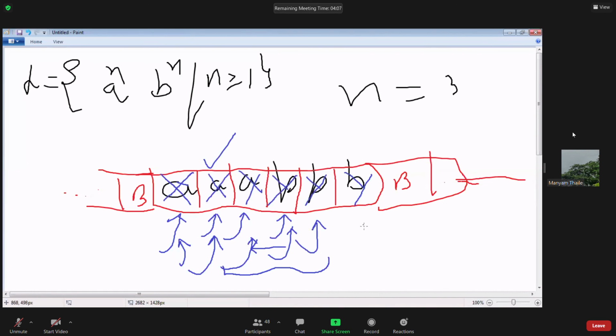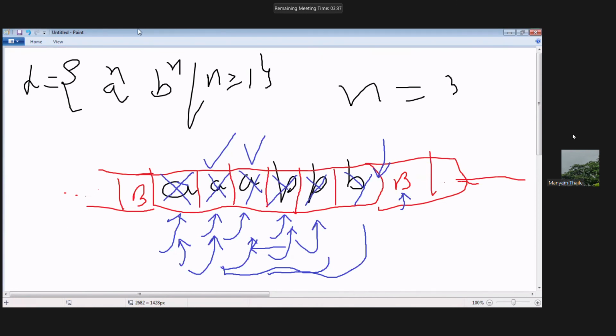Now again come to the first X. Now turn right. Then you don't have any A's. Now move until you find a B. Here you don't have any B's. Now we find the blank symbol. Then we accept this language. So this is the process of a Turing machine, how it processes when you provide this input string.